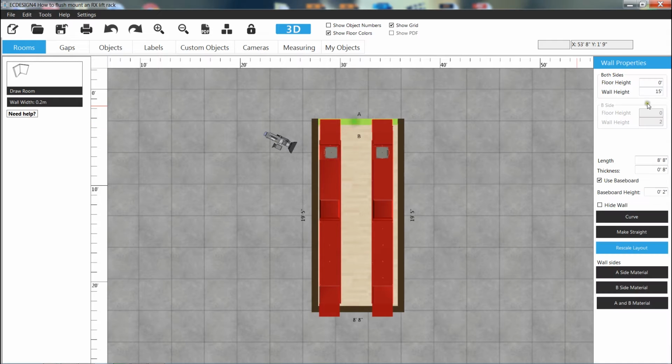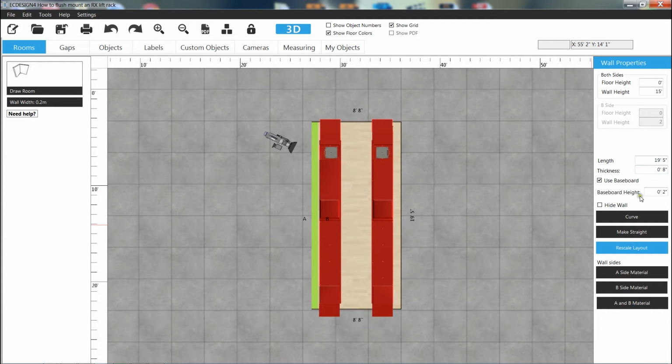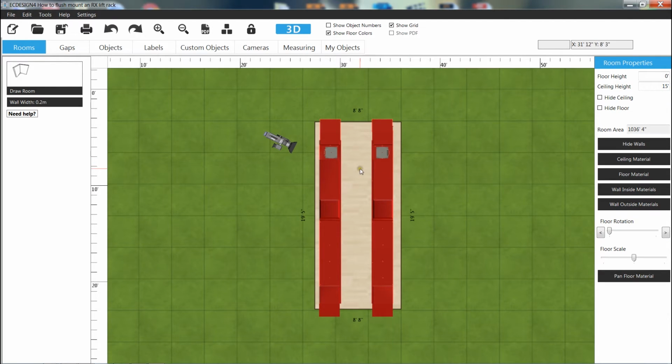I'm going to go in and select a wall and change, first off, I'm going to turn off use baseboard. I'm going to change the thickness of the wall to 1 inch. I'm just going to go around and do that for the other 3. Turn off baseboard, 1 inch thick, bottom one, and then the other side. Alright,